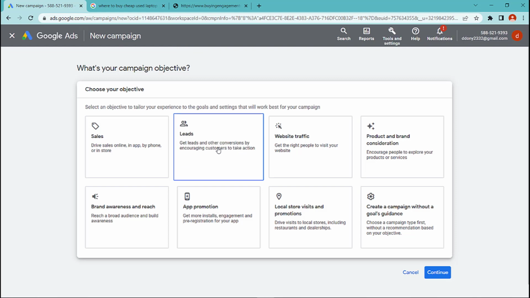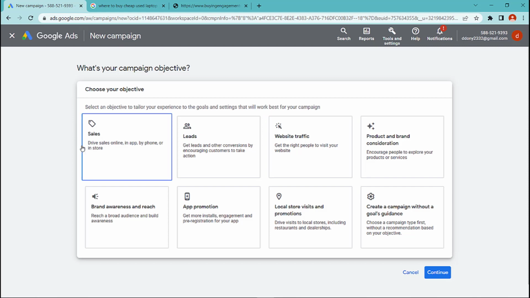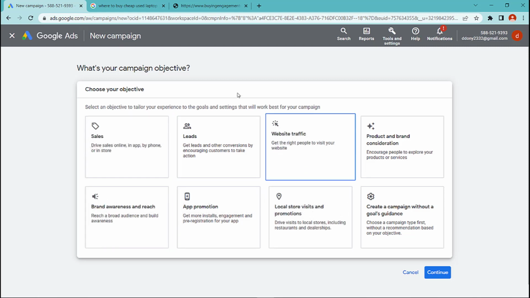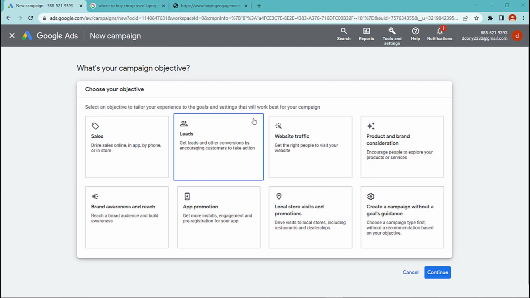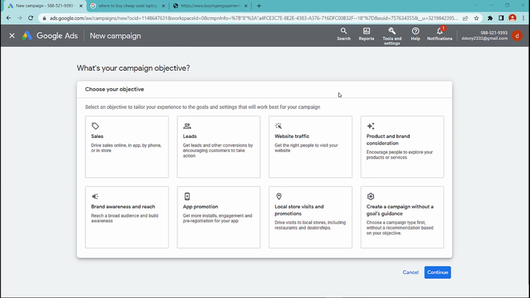First thing we have to determine with a new search campaign is what is our objective. That's really unique to every single campaign. Campaign objective in Google Ads is the specific goal you want to achieve with your advertising campaign.